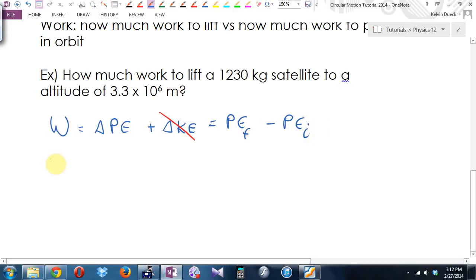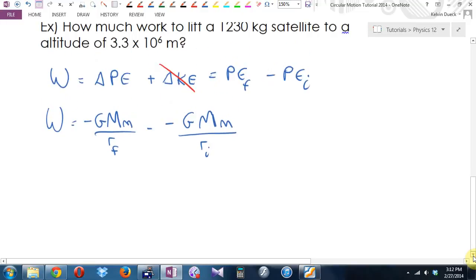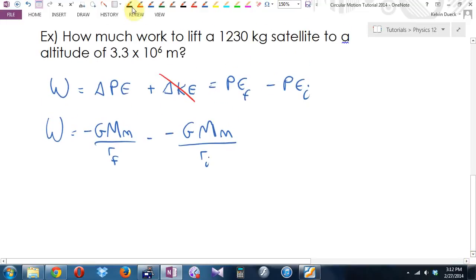So, work is going to be negative big G, big M, little m, over R final minus negative big G, big M, little m, over R initial. I have a lovely minus minus, which is plus. And this question is going to be a fair bit of typing. So let's see. Work is going to be,